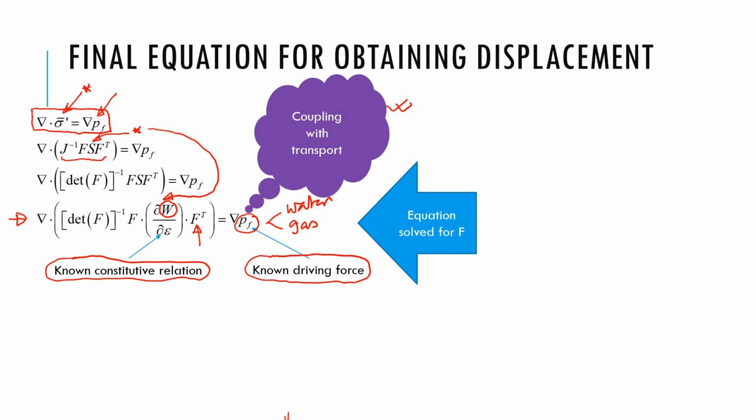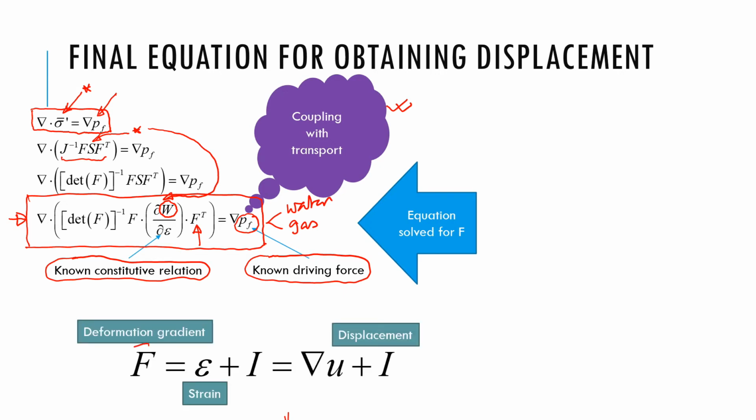So we solve for F, which is the deformation gradient, and that is related to strain. We're coming to that in just a second. So we solve this for the deformation gradient. Note that this is really the final or close to the final form of the equation that we solve to get this deformation gradient. Now the deformation gradient F can be related to strain, and strain in turn can be related